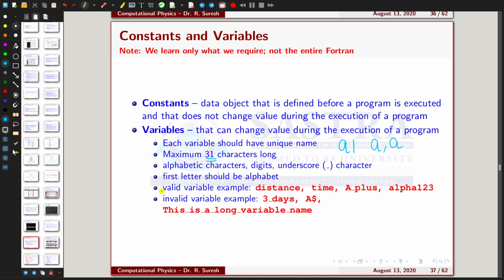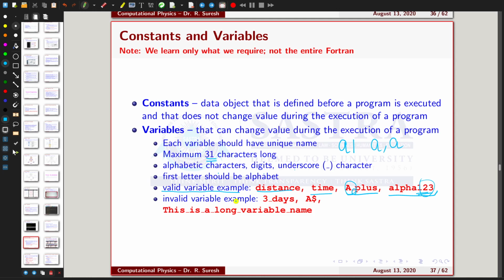These are some valid variable names: distance, time, a underscore plus an alphabet, a123. You can also use underscores and a combination of uppercase and lowercase letters, and you are allowed to use numbers too, but not as the first character.